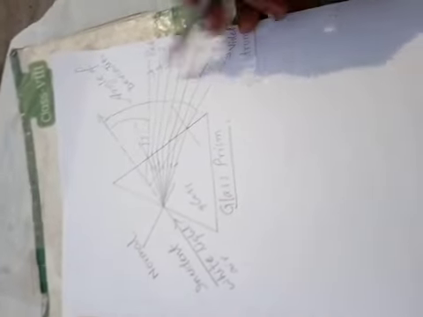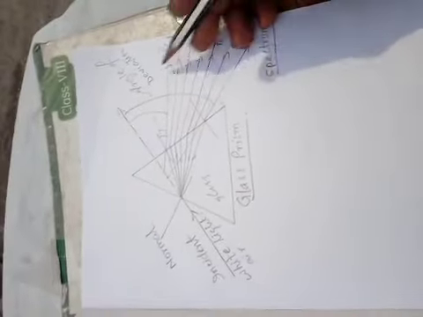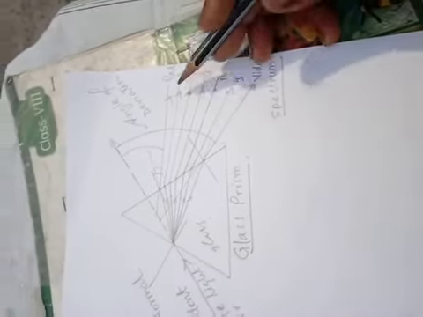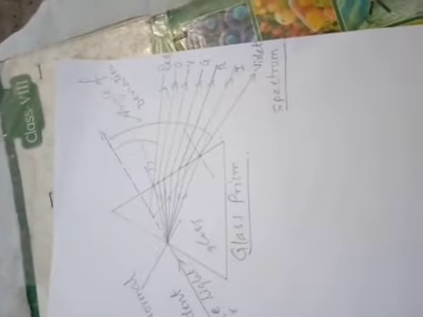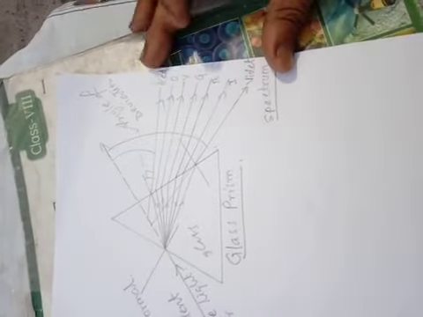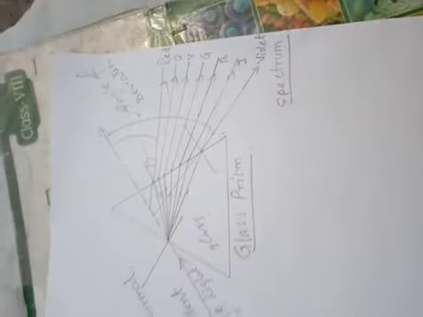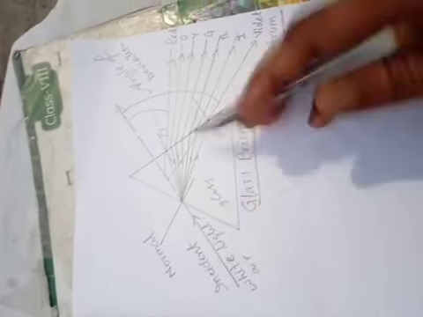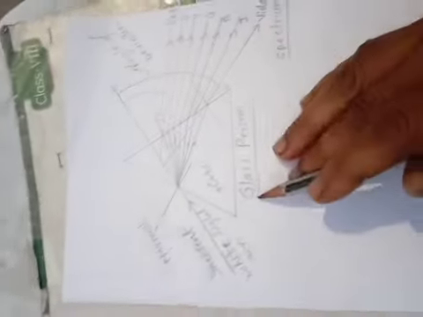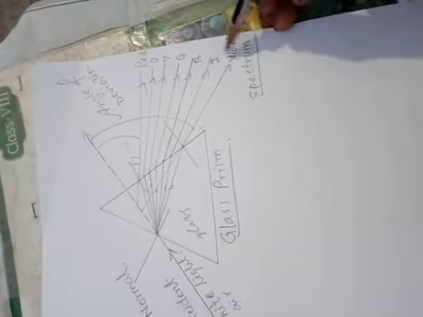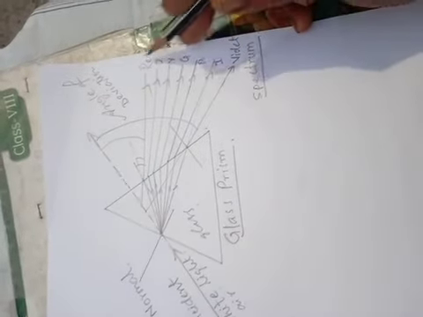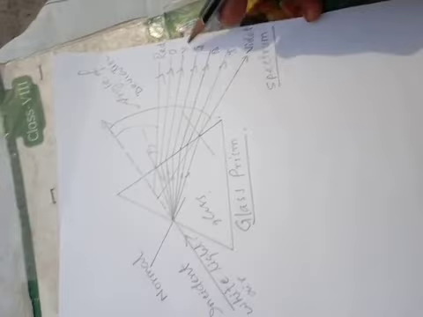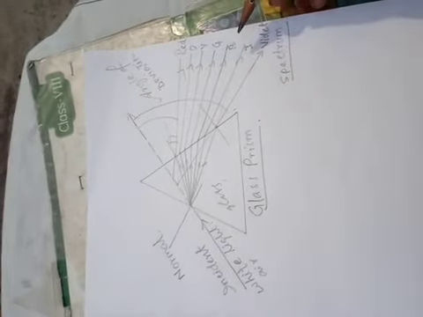If I place a screen or any white paper, you will get these different rays of different color, and that is called a spectrum. A spectrum is a band which shows different colors. We got different colors of white light because of the refraction through the glass prism, and in short we say VIBGYOR: violet, indigo, blue, green, yellow, orange and red. Different colors get separated.